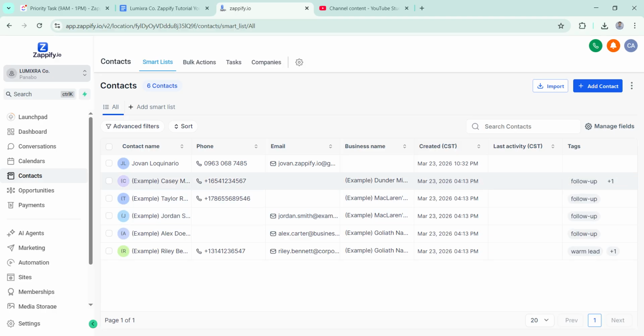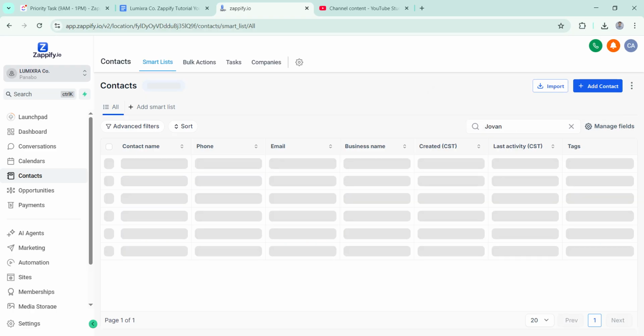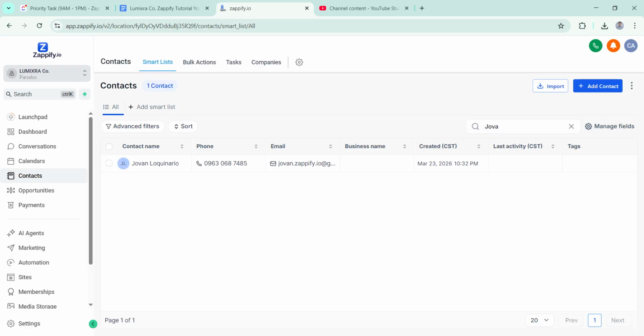And then we can also use the search bar to search existing contacts like Jovan.